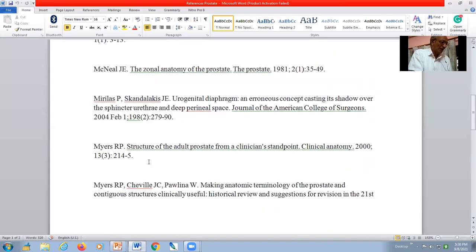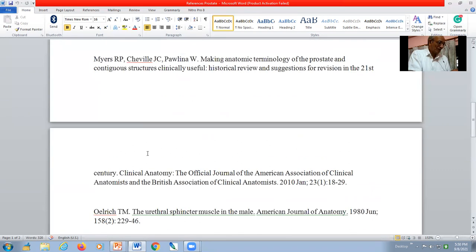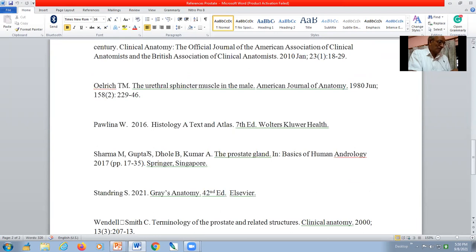And for various terms, Myers may be consulted. These 2 articles are there, and for the urethral sphincteric muscle in the male, Oelrich's 1980 article is referred by many,